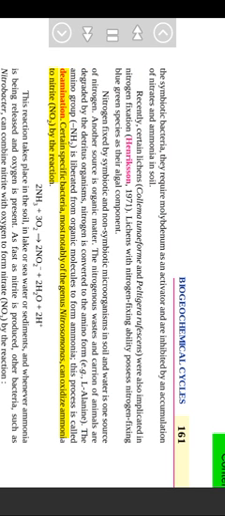Certain specific bacteria, most notably of the genus Nitrosomonas, can oxidize ammonia to nitrite, NO2, by the reaction 2NH3 plus 3O2 gives 2NO2 plus 2H2O plus energy. This reaction